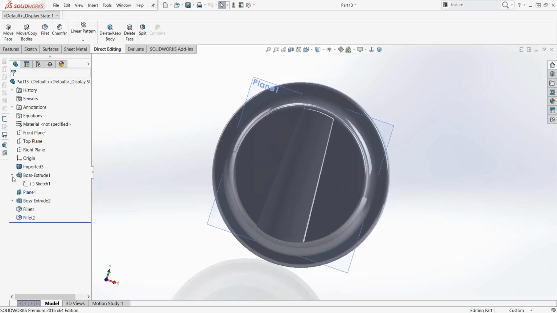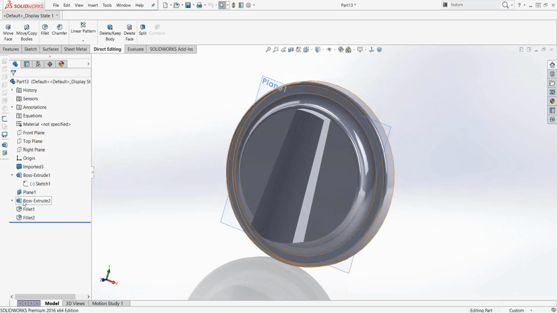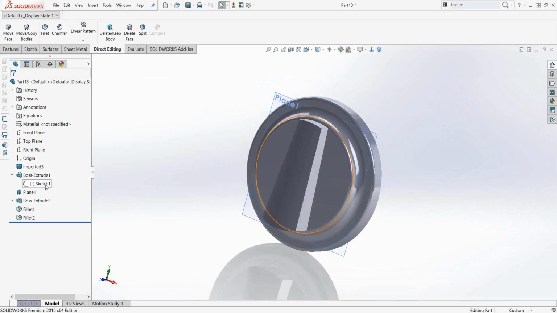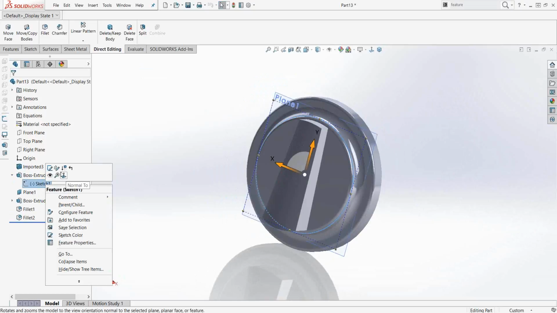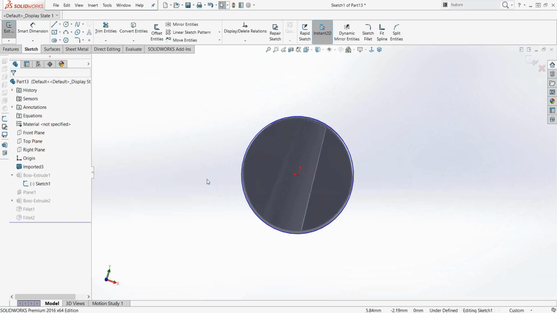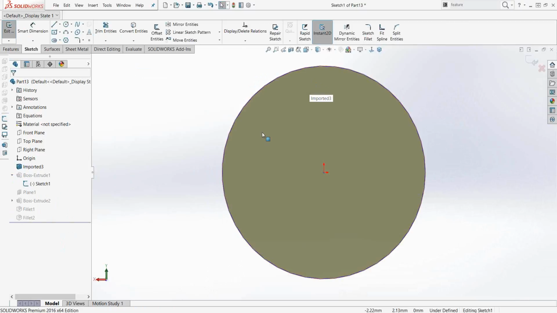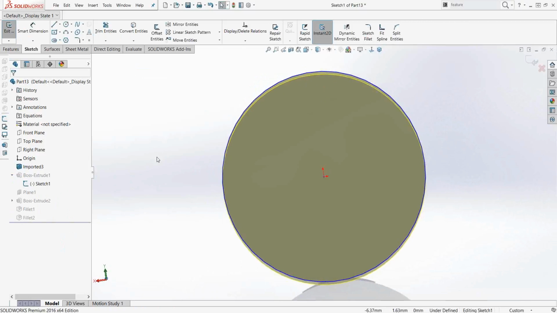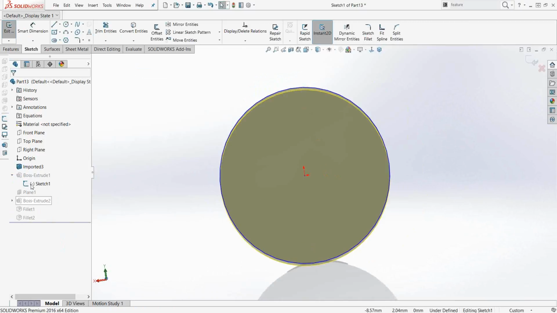One thing to be aware of if you are going to use FeatureWorks to build your parts and create the features to edit the stuff, just be aware that all the sketches come in undefined. So if I open up this sketch, you can see that I'm just looking at an undefined blue sketch here. So you may want to come in here, depending on what you're actually going to edit. If you're going to make a bunch of changes, you may want to come in and add some dimensions,